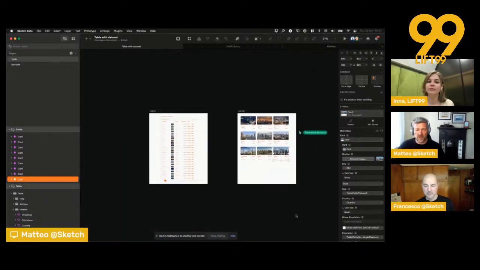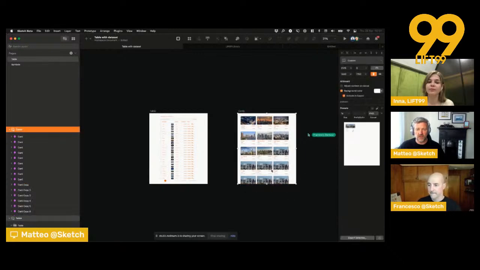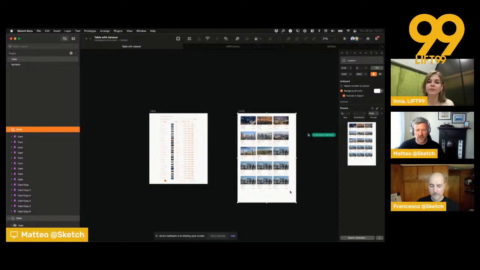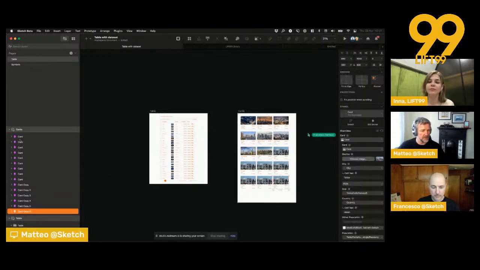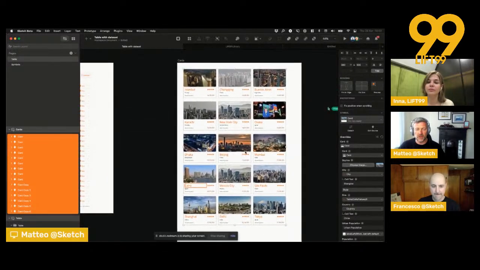But what is interesting is that I can also take this pic. I can select this one, add a few other columns, change the size of this one so we can see it, select all of them. Here we are. And now hit Command Shift D, and it will take a bit of time because there are a lot of pictures, and it will apply it to all the cards exactly in the right order, opposite order again, because this is the way we organize it. But what is interesting here is that